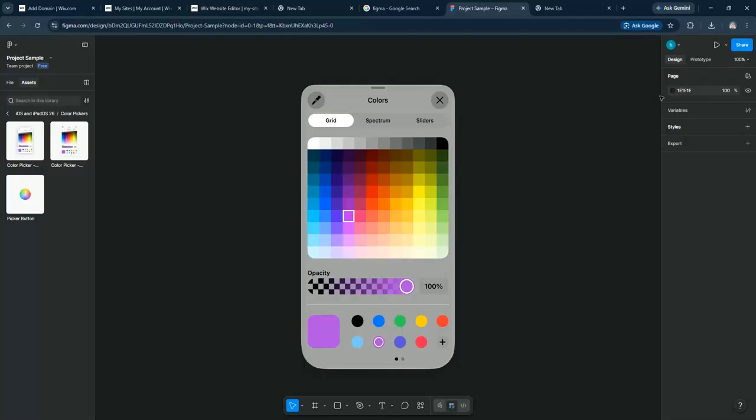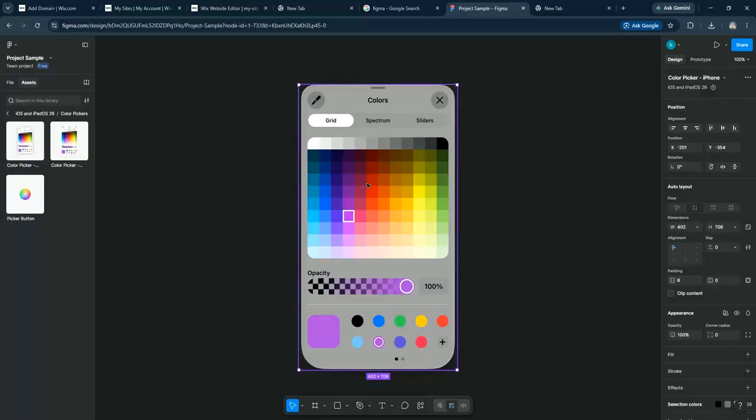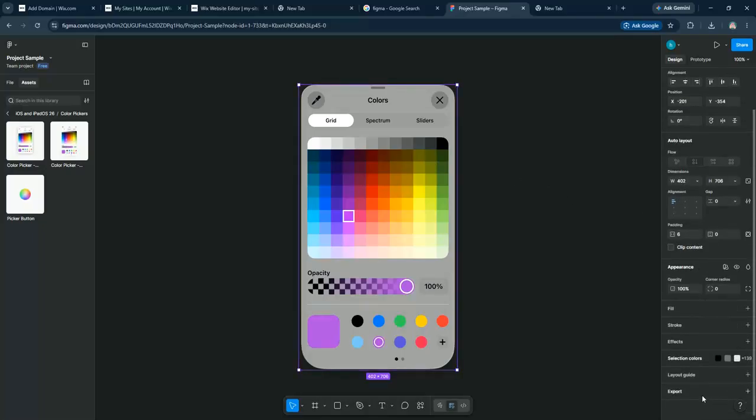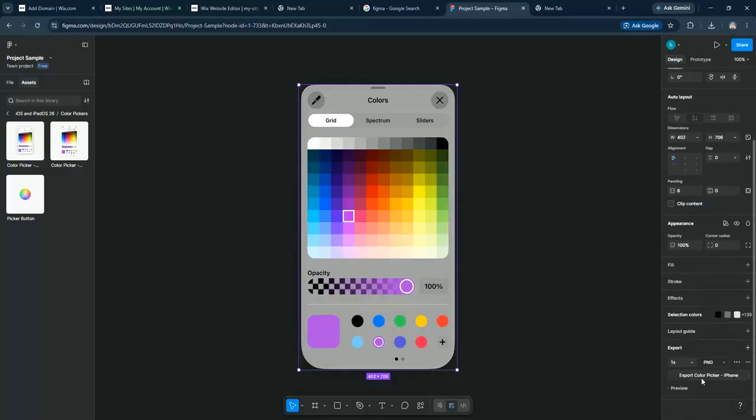Next, you need to export your design elements. In Figma, select the components you want to transfer, then click on the Export button usually found at the bottom right of your screen. Choose your preferred format like PNG, SVG, or JPG, depending on what works best for your